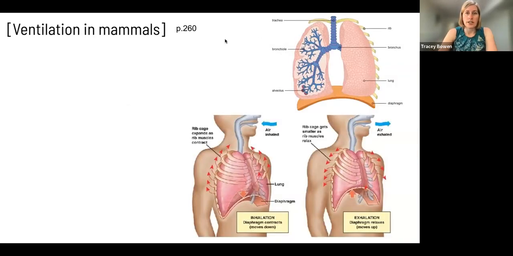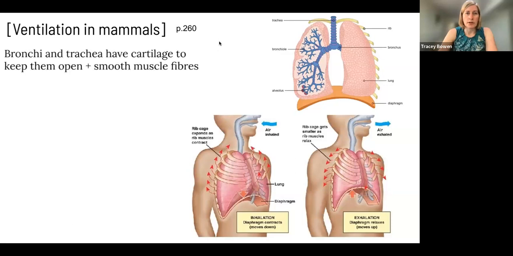So ventilation in mammals, this breathing process: bronchi and trachea have cartilage to keep them open and smooth muscle fibers. If you touch your throat right here, you can feel bumps. This is your trachea, and the bumps you're feeling are the cartilage. And so that's this here. And then the bronchi are these two branching tree-like structures that are going to turn into bronchioles, and then eventually into alveoli, which are these little air